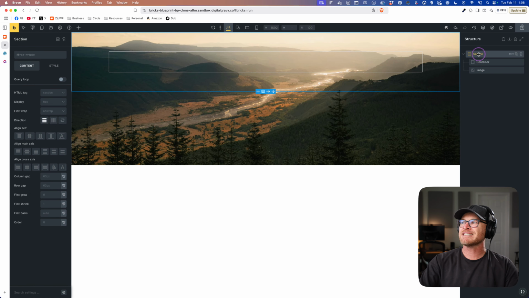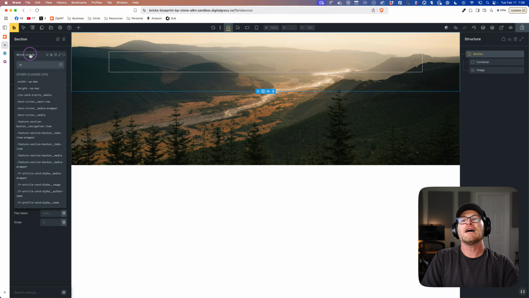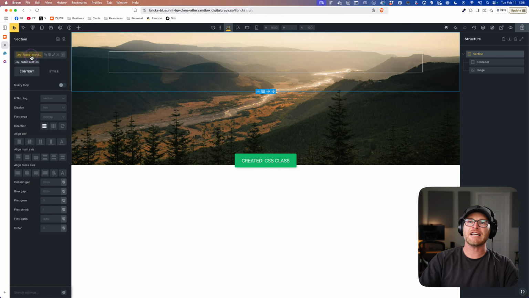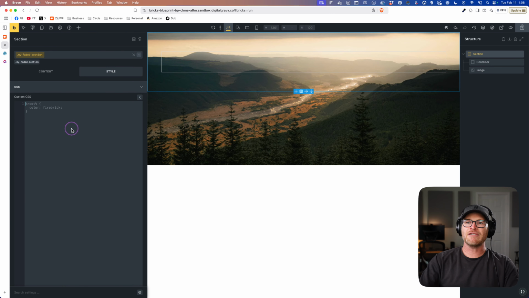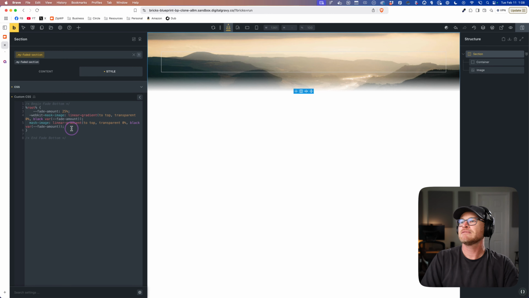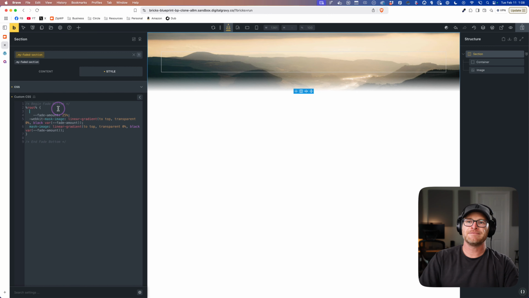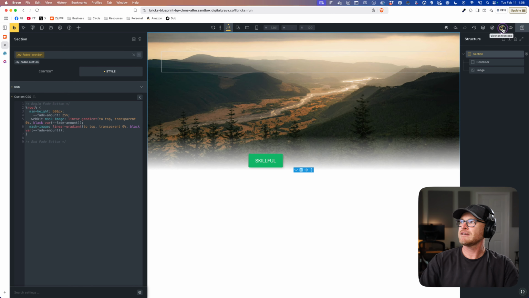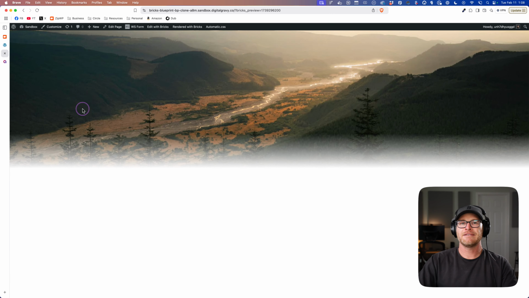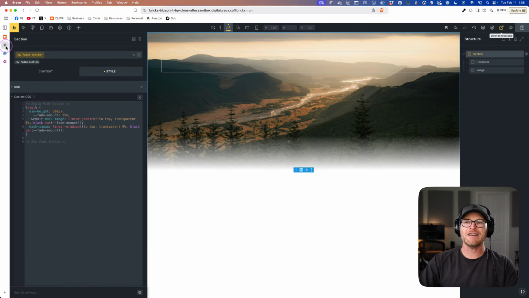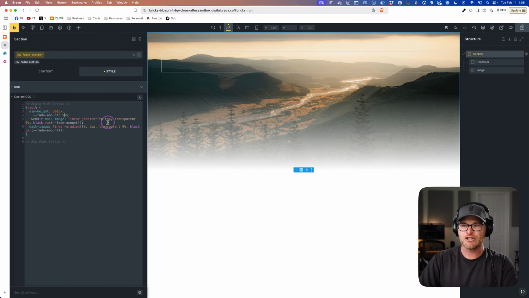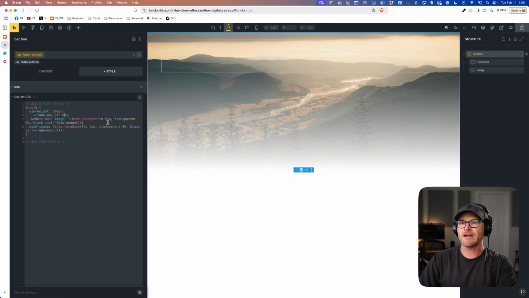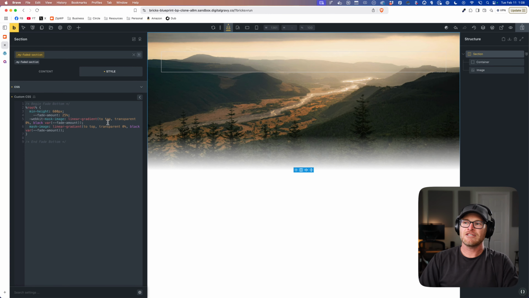What if I wanted to do it on this entire section and I had a custom class? My faded section. Okay, let's go here. I don't even remember what it is, but yeah, we'll just guess. Fade bottom. Done deal. Min height, 600 pixels. Done. Okay. Can I change the fade amount? Oh yeah, you can definitely change the fade amount. You can just adjust this little variable right here. You can just play to your heart's content. It's like a little playground.